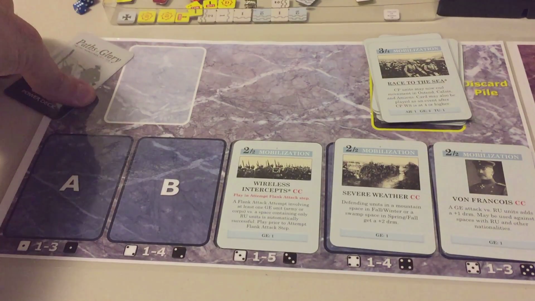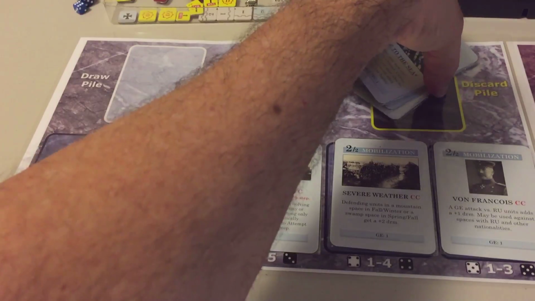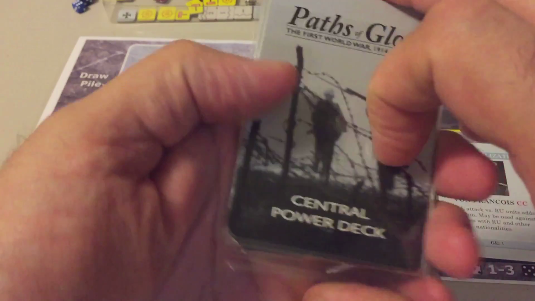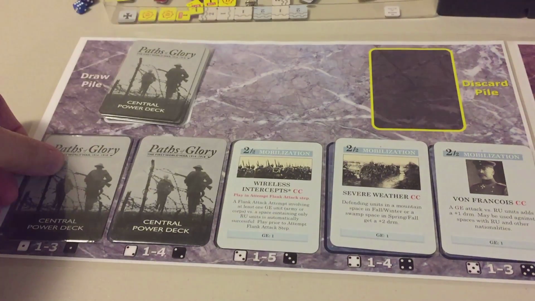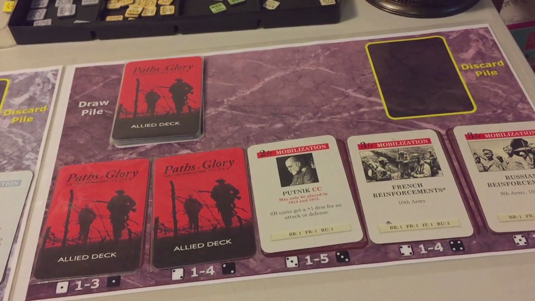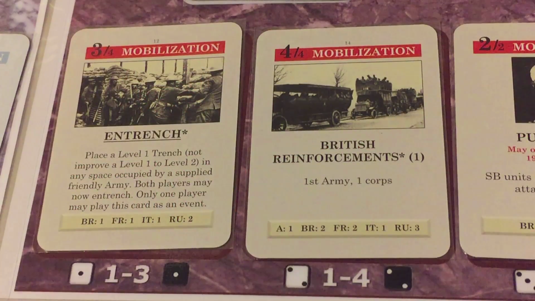And we only have 1 card in the draw pile, so we have to shuffle the remaining cards. And we place the topmost card in space A. Now we proceed to the sixth and last action round for the Allies, and we flip the cards in spaces A and B. And the two new cards are Entrench, ops value of 3, and British Reinforcements, ops value of